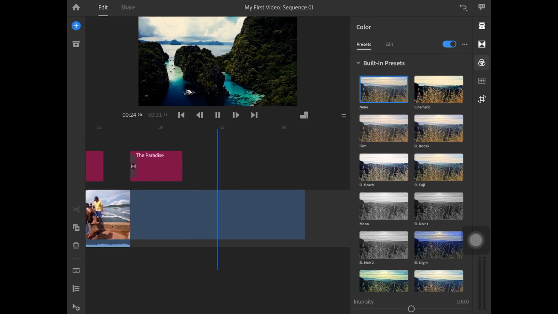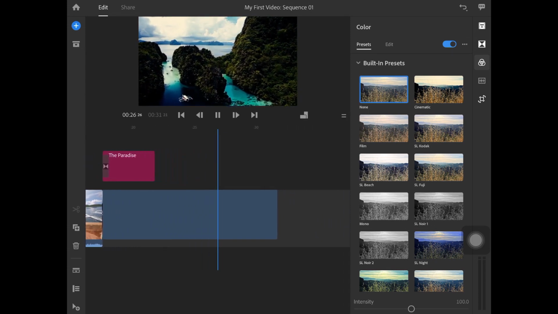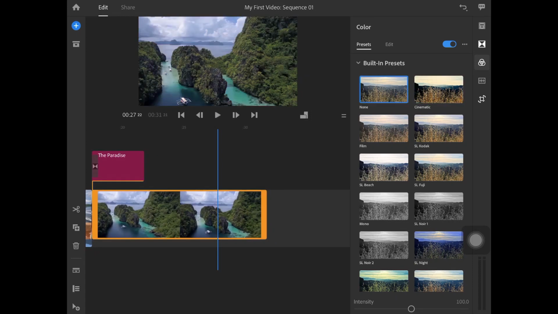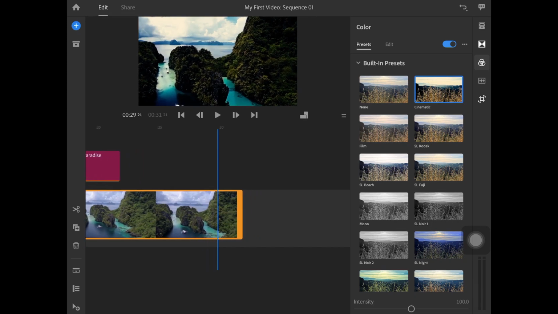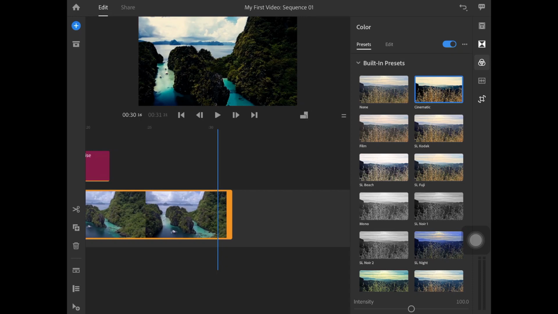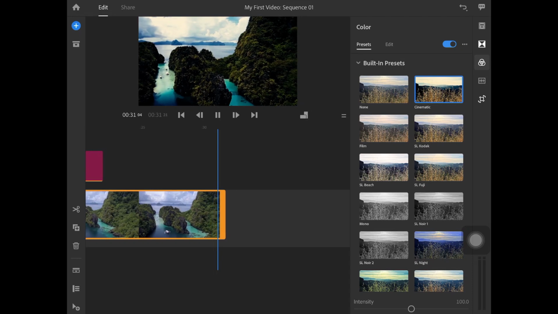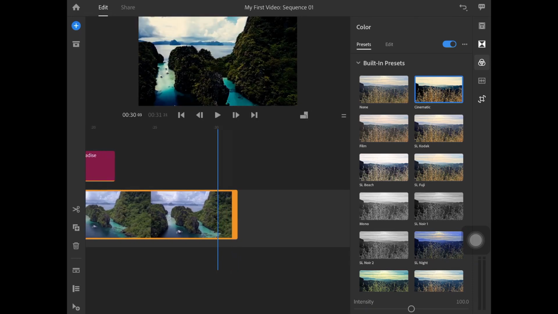Okay, so this one now really looks good. You can see the massive difference it has brought out. That's an absolutely cinematic feel. And by the end of this fourth clip also, I can add a transition because I don't want it to just end like that. This is a very abrupt way of ending.